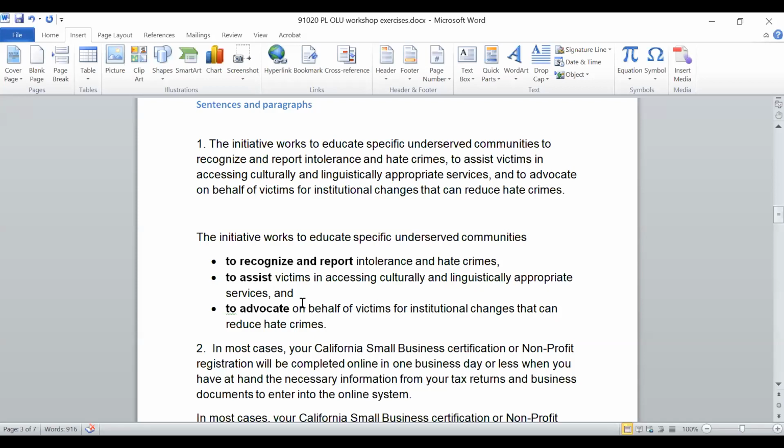That's parallelism. You want items in a list to be parallel, so that if you have a list that is mostly nouns and you have a couple of verbs sprinkled in, then you have to make them match. They all have to match. This is very much like the Sesame Street thing. Some of these things belong together. Some of these things are kind of the same. In a parallel list, they all have to be the same. Sometimes that can be a little awkward, but yeah. Like here with the parallel lists, these are all "to" plus a verb, "to." And that's what makes them parallel.